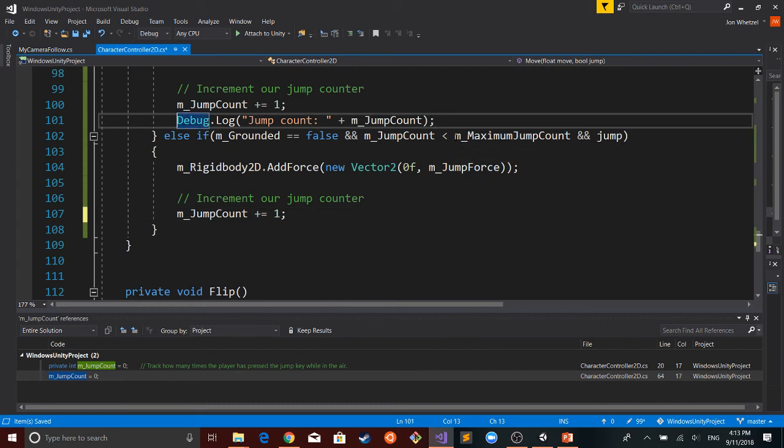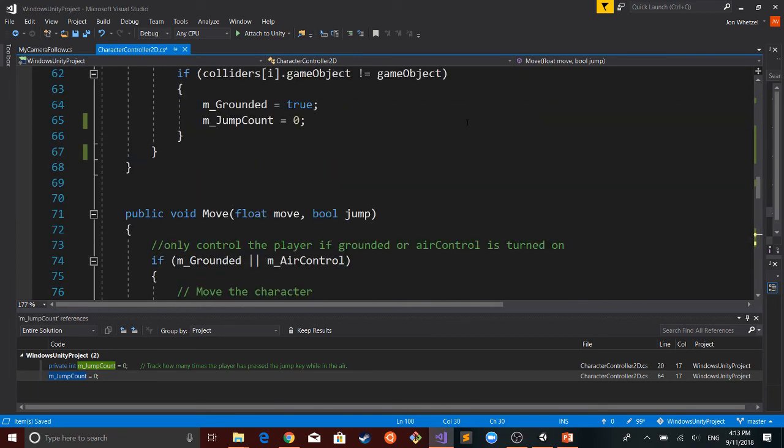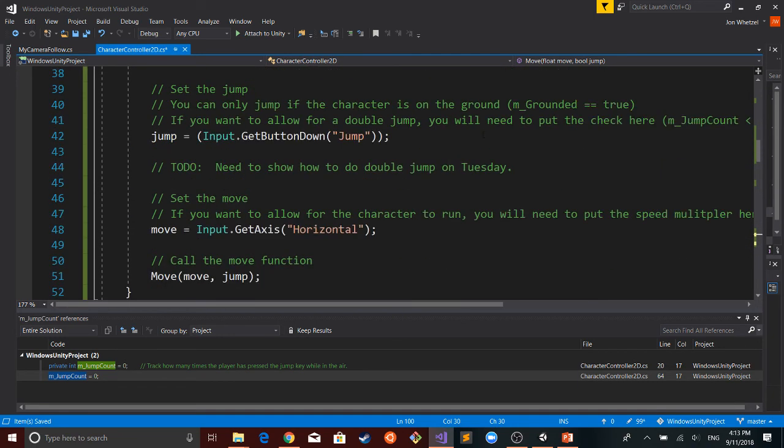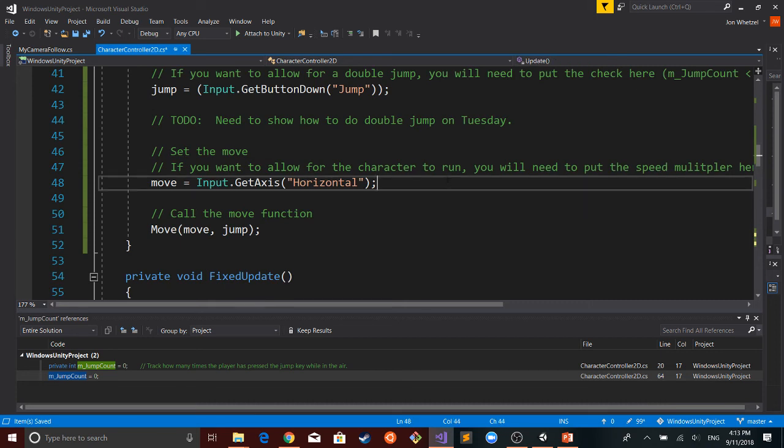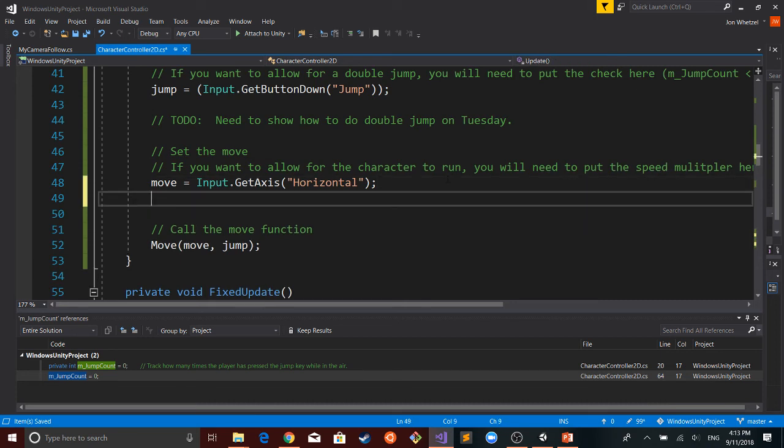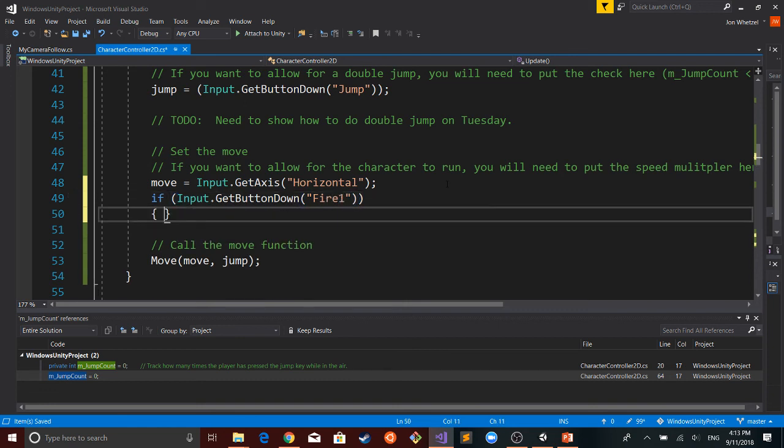Double jumps are a little bit harder than run. For running, if you want to do a run, I'll give you a hint on how to do that. So if input get button down, and you identify whatever button you want. Let's say fire 1 for right now, but it could be whatever you want.